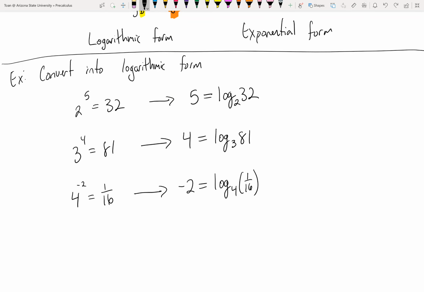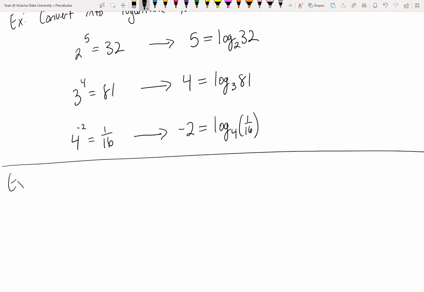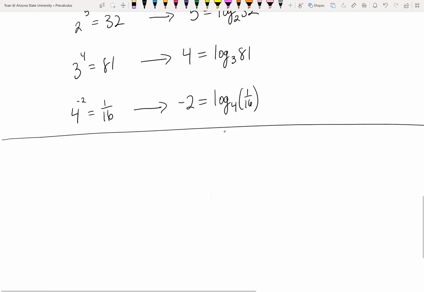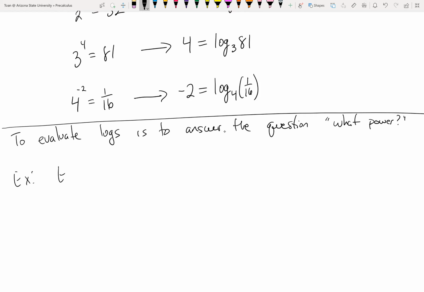If you truly understand what a log means, you can evaluate it, because that's all logs are. Logs are answering the question, what power? So I guess I should write the idea first before jumping into the examples. To evaluate logs is to answer the question, what power? For example, if I ask you to evaluate